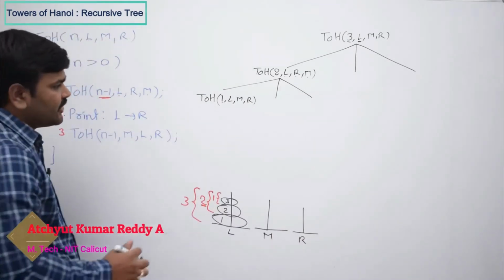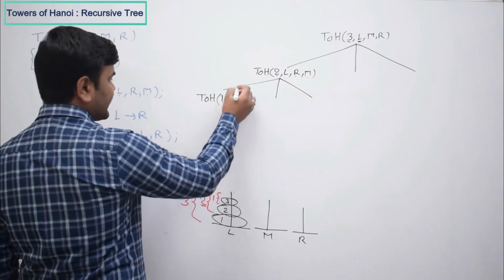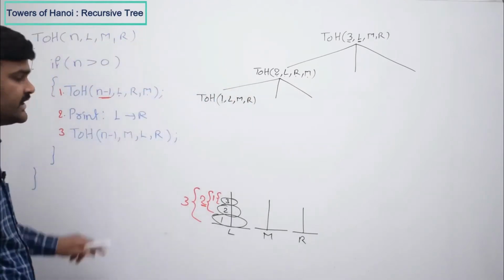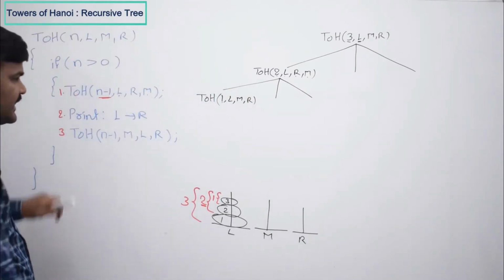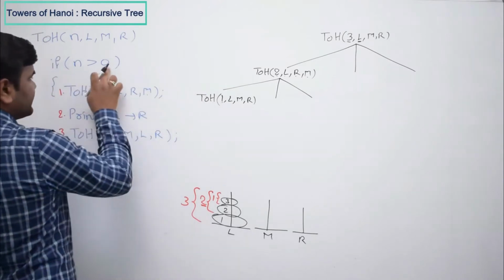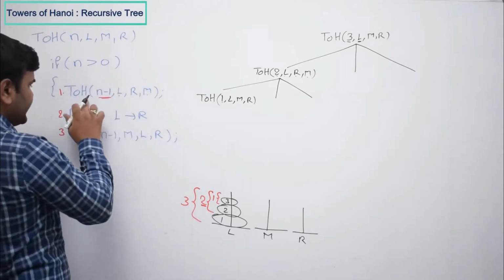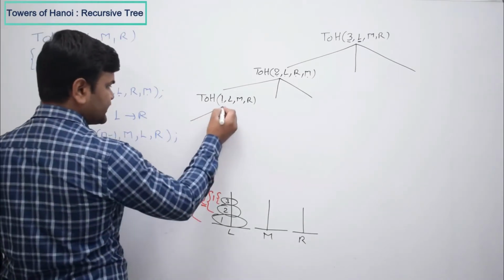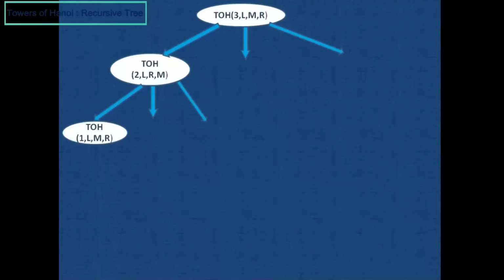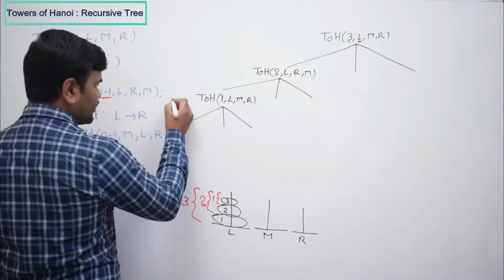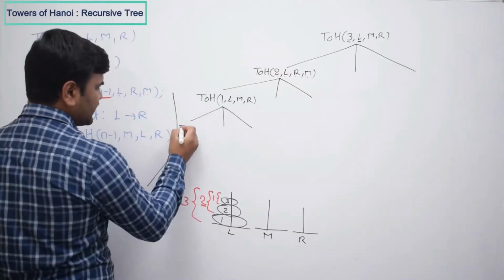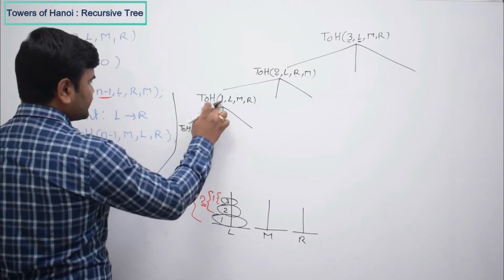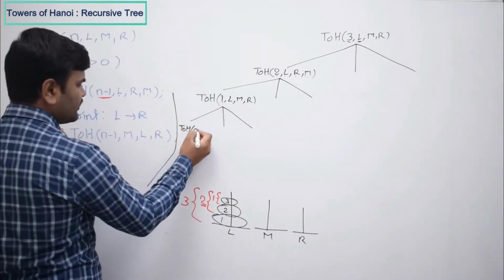Okay, so now here this is the statement. Now you again have a function call with new n value 1. So the n value is 1, 1 greater than 0, the condition is true. Again these 3 statements we have to execute. So if you take those 3 statements, this is what is happening here. So here, Towers of Hanoi, so 1 minus 1, 0.